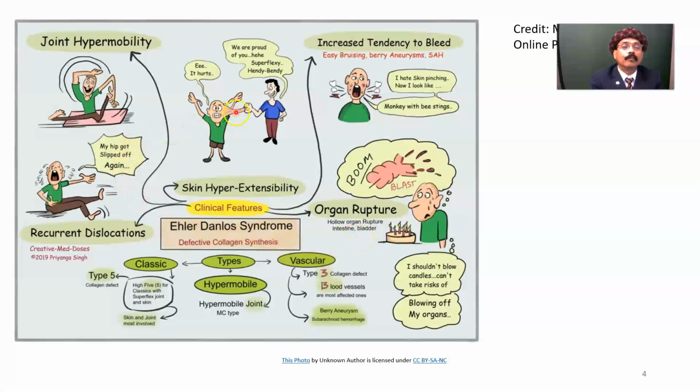Skin may be pulled outward and there may be pain also. There is easy bruising, aneurysm and subarachnoid hemorrhage. Especially there is damage to the berry aneurysm involving the circle of Willis. So we got that all are the features of Ehlers-Danlos syndrome. This is due to the defective collagen synthesis. So blood vessels are also defective. There is a chance of vascular damage and joint hypermobility, skin. These are the features of